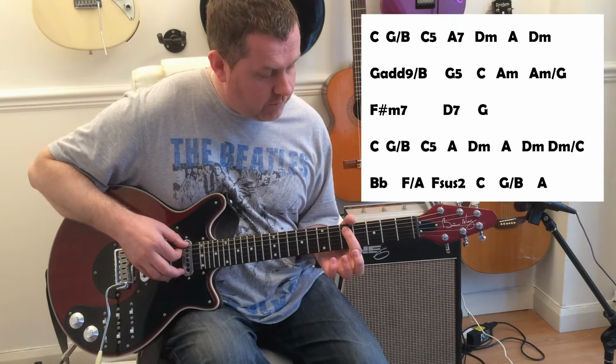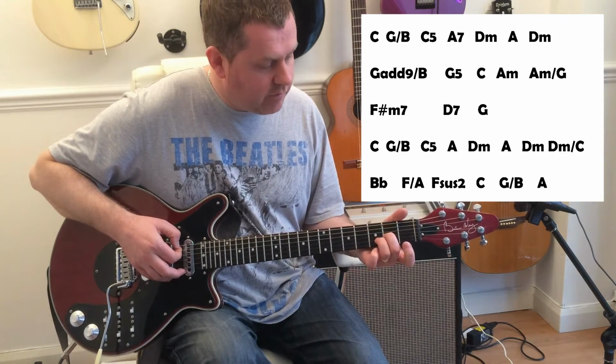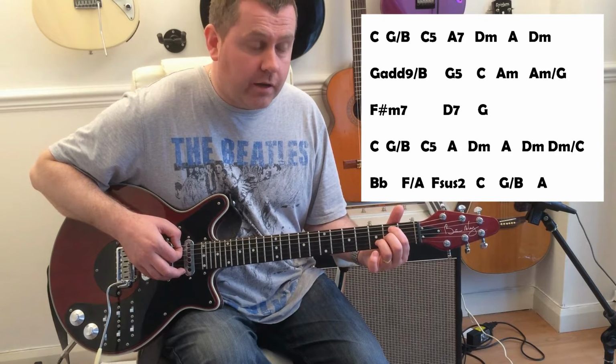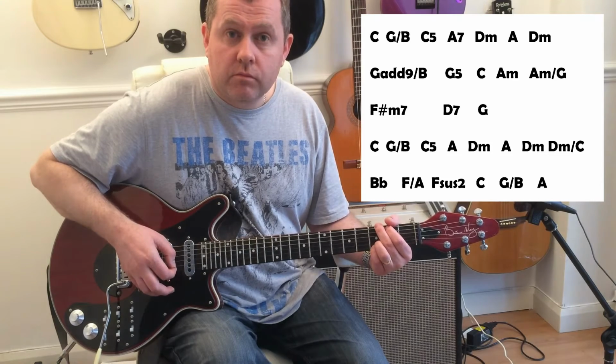going from the 5th of A to the 3rd, to a G added 9/B, which is like a D5 chord with our first finger on the 2nd fret of the A, to a G, over to C,